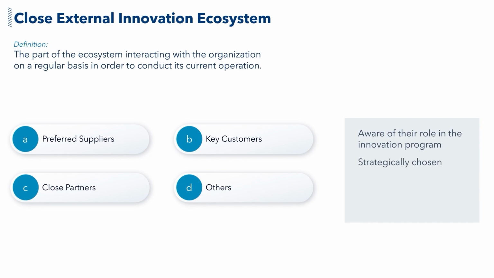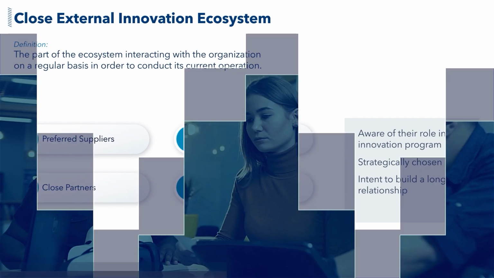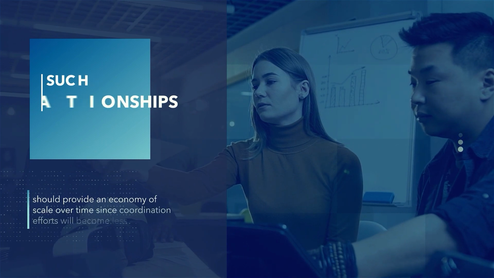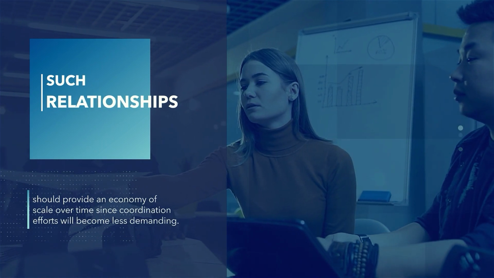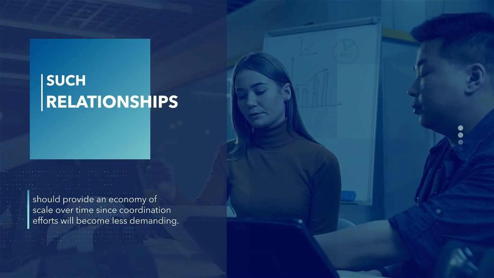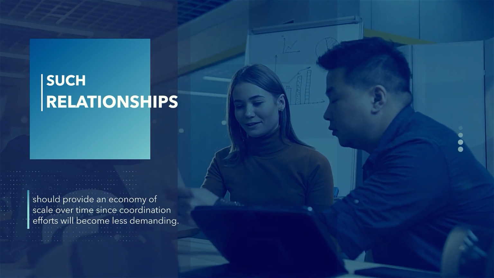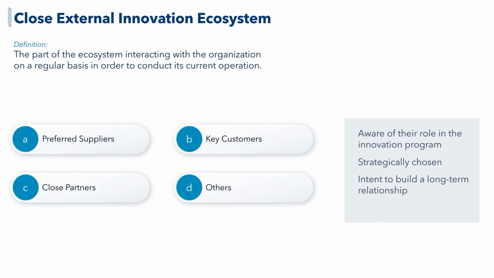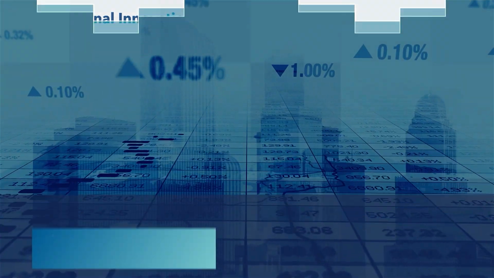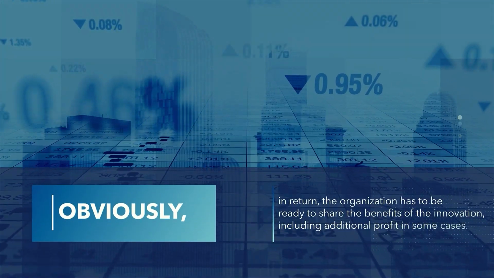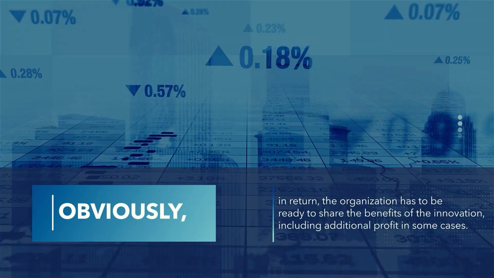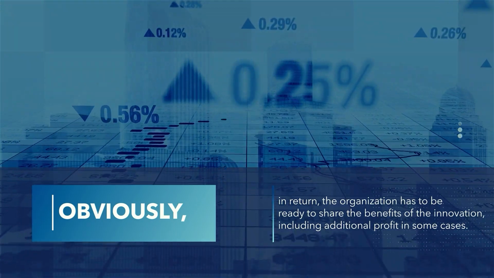Partners are strategically chosen and are potential long-term relationships. The objective is to share knowledge and gather experience together. Such relationships should provide an economy of scale over time, since coordination efforts will be less demanding. Finally, partners who are part of the closed external innovation system are willing to share risk during the innovation development and deployment. Obviously, in return, the organization has to be ready to share the benefits of the innovation, including additional